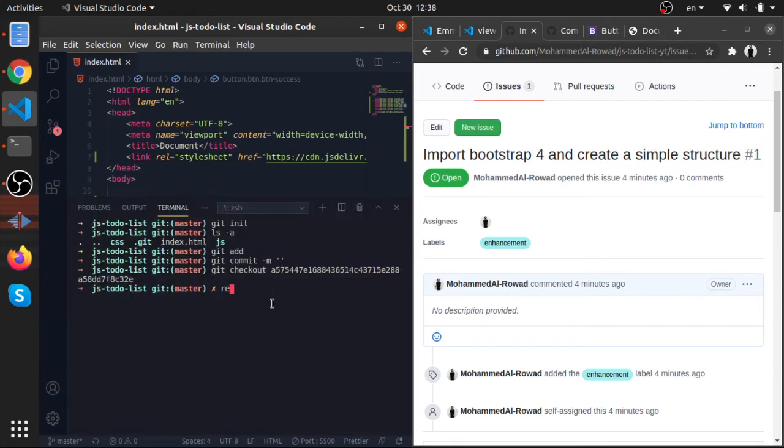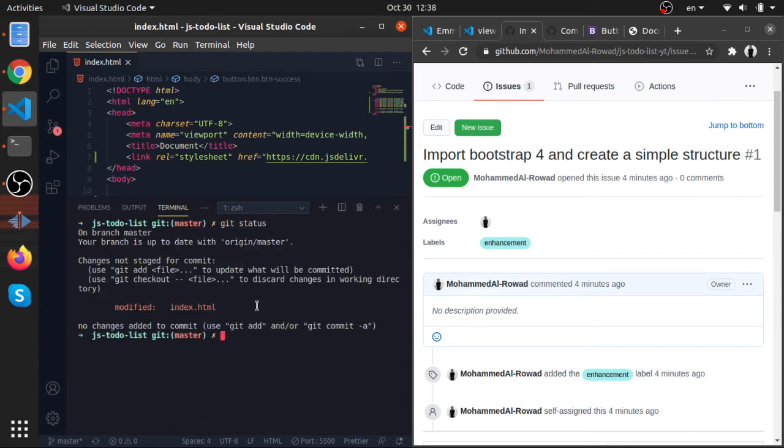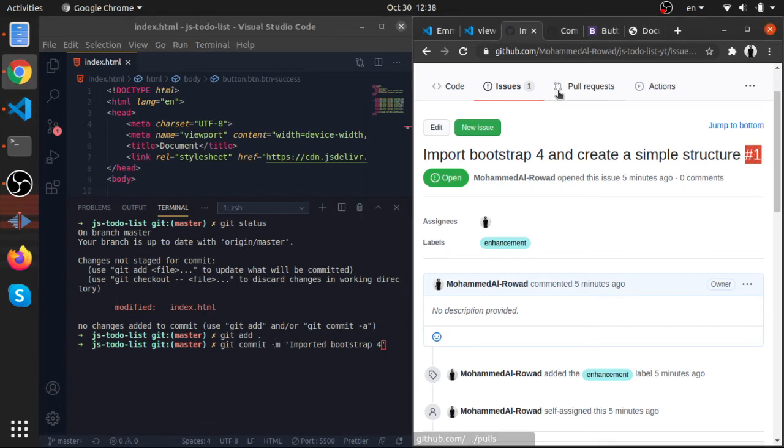So what I will do, I will hit git status just to show you what the changes are. We only modified our index.html. So let's just add our index.html, or just add anything. It's the same in this case. So let's give it a commit message: Imported Bootstrap 4. So this is nice, but as you can see, we have this hashtag 1 in our commit, which